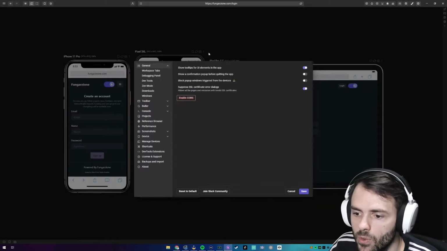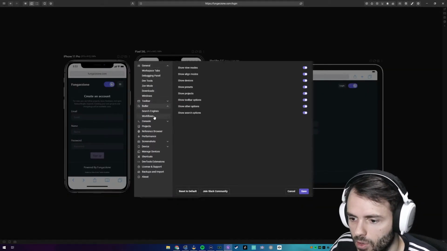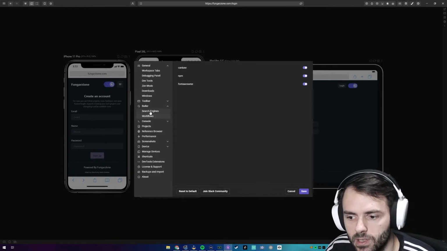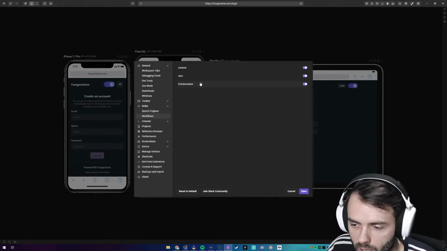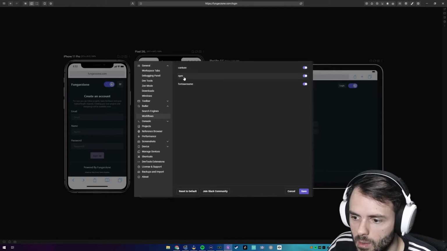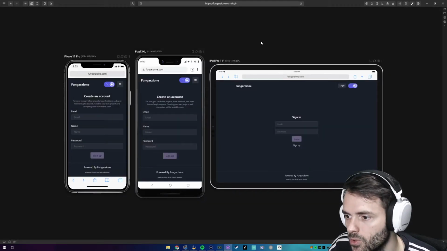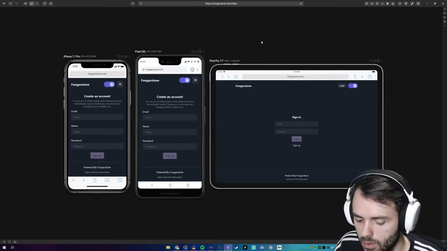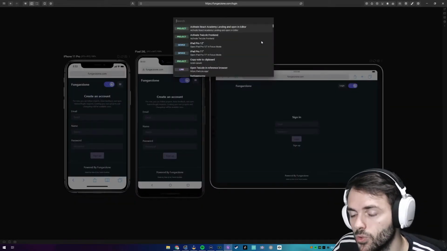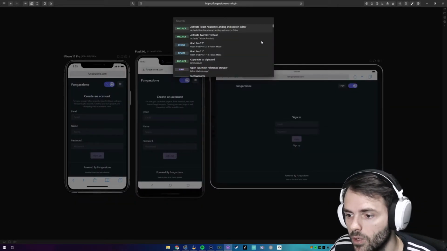So what's new in our Butler is the following. We have workflows. Previously we added search engines. Now we have workflows, and we have 3 workflows: can I use, npm, and Font Awesome. I'm going to show you. I'm going to trigger Butler here by pressing Command Shift P, Control Shift P on Windows actually, and I'm going to type can I use